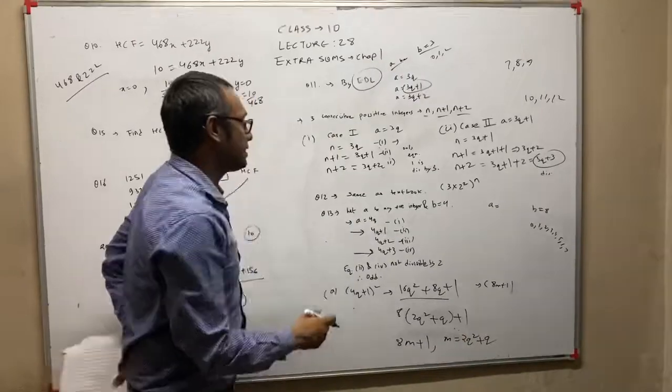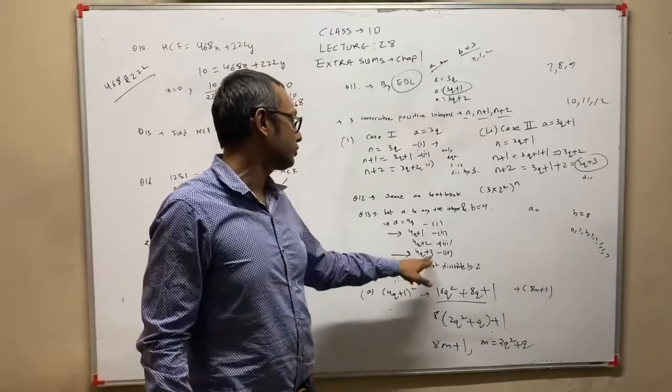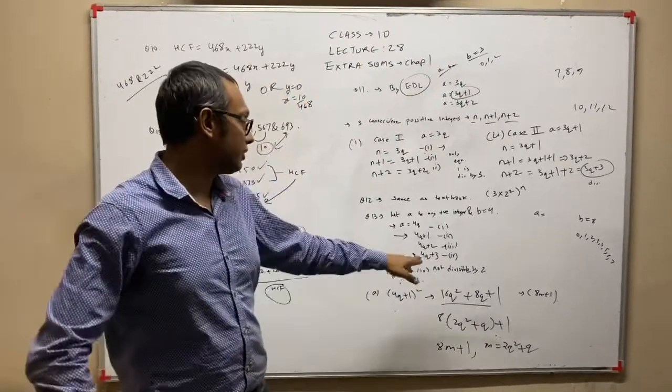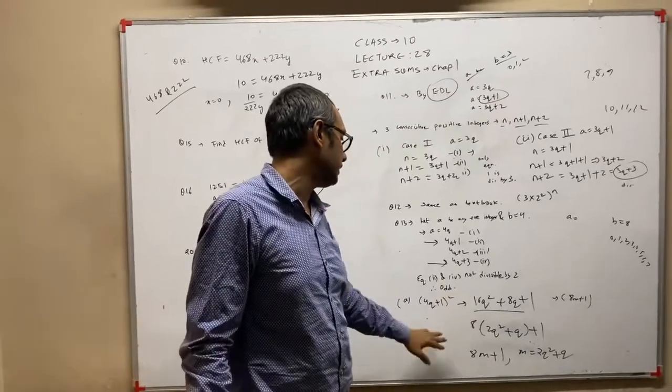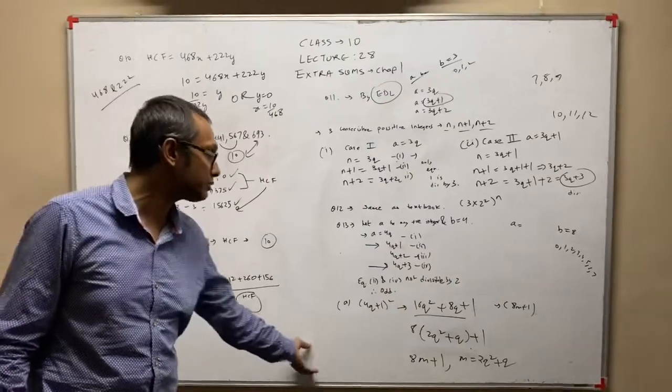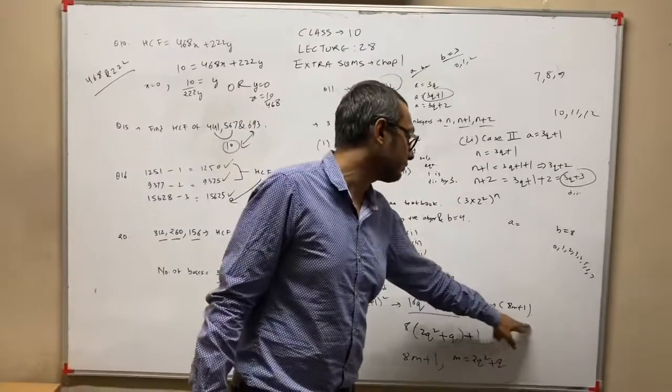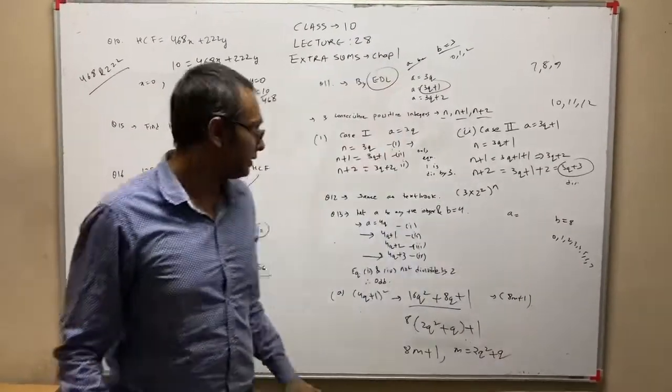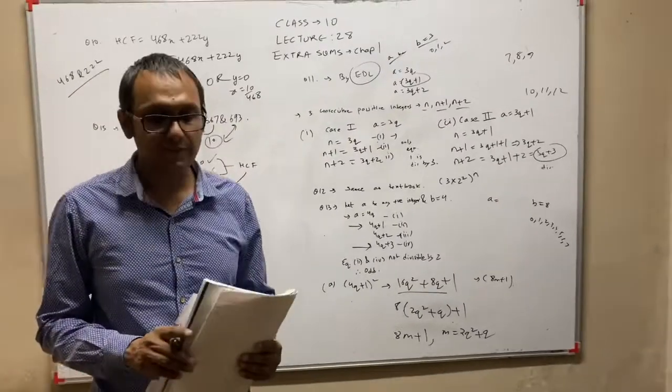Okay. And similarly now you will have to do it for 4q plus 3 also. And when you are doing it for 4q plus 3, it will not be as straightforward as this. One slight manipulation you will have to do once you square it, and then you have to represent it in the form 8m plus 1. These sums, you will be finding them slightly difficult.